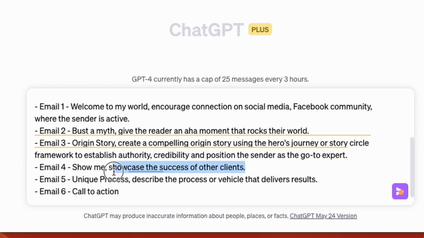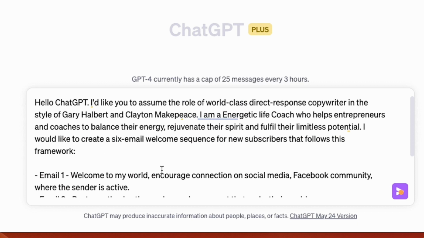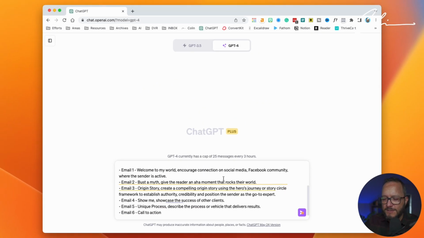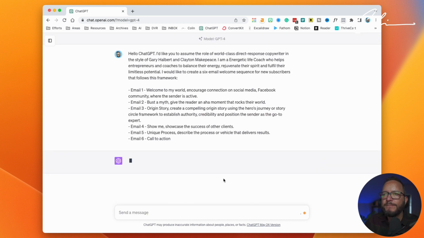The fourth one is showing them what success would look like by showcasing the success of other clients. And the fifth one is unique process. This is how you deliver results to your clients. And then the final one, call to action. And that's it. So all I've done is fill in the placeholders and I'm just going to hit return and see what ChatGPT comes up with.